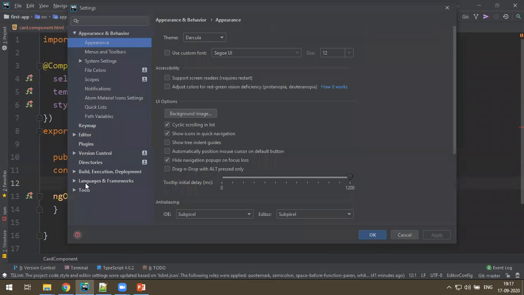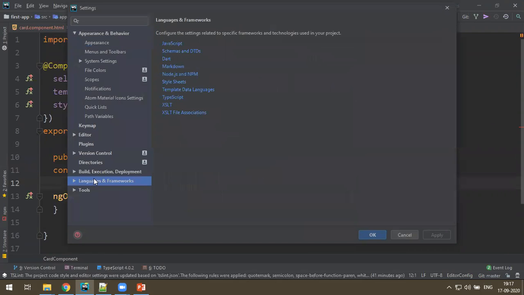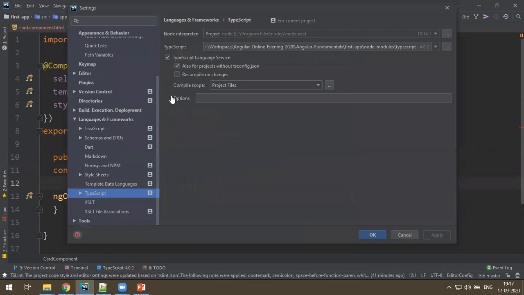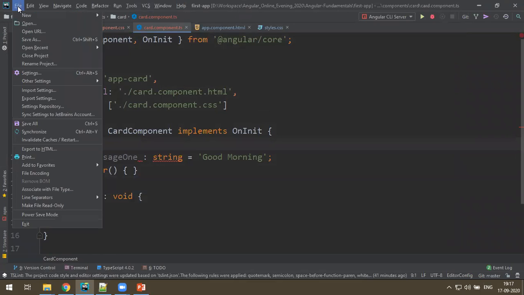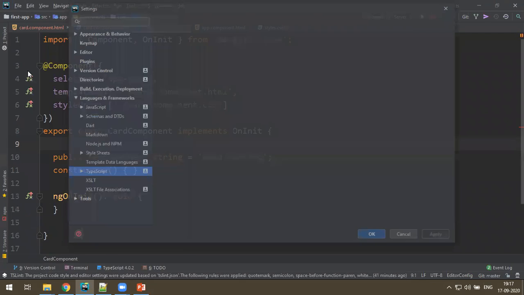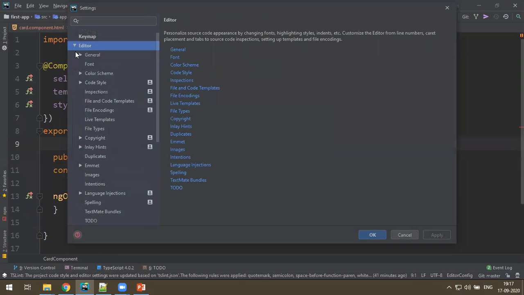In that you can go to language and frameworks. In that TypeScript, yeah, let's expand. No, sorry, it's not that one. File, settings, editor. In that, if you click on editor,